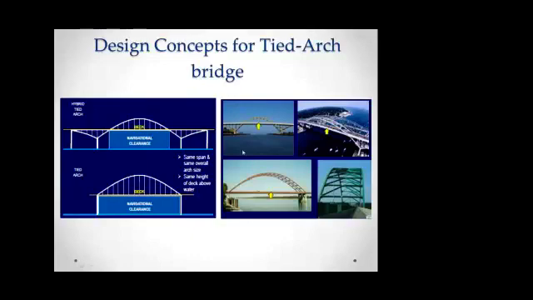tie arch. When the span is more, we can use this hybrid tie arch. When the span is very little, we can recommend this instead of going for the multiple discrete arch. You can go for the hybrid tie. That will be economical. You can have the same span, same overall size achieved. The navigation can be achieved with the hybrid tie arch. So you can see this design concept for the tie arch bridge.